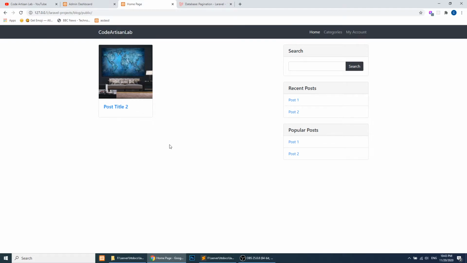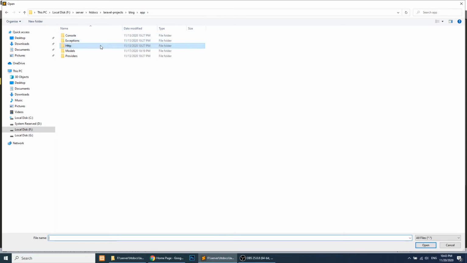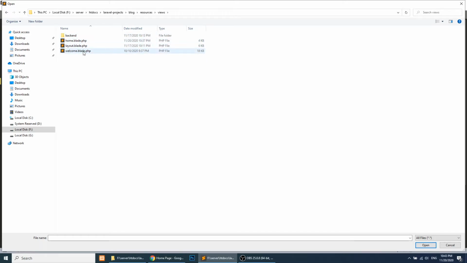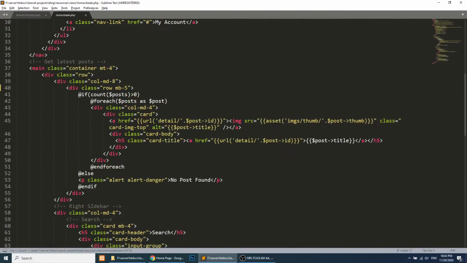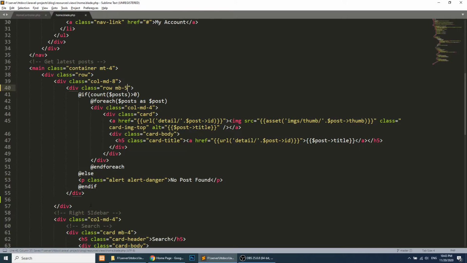Now we need to show the pagination links. So we will open our view files. I will open the home template, and after this post row, where I have currently added a margin bottom, I will add the pagination.